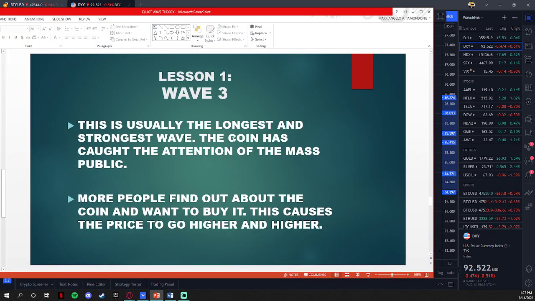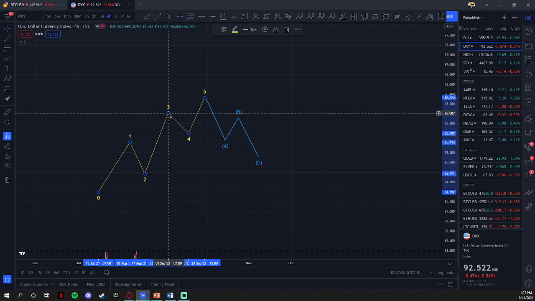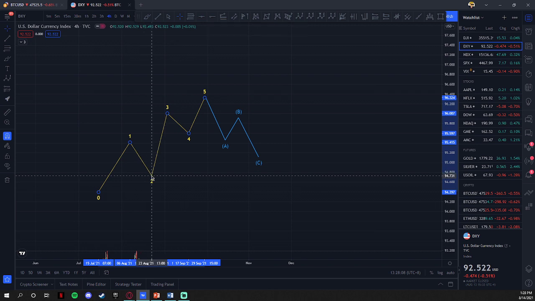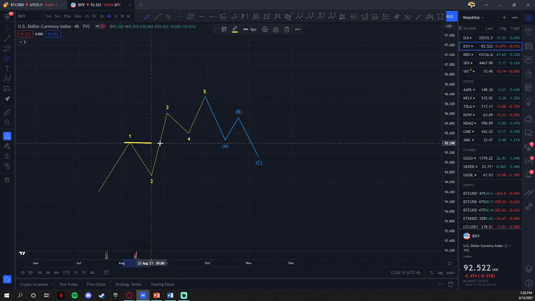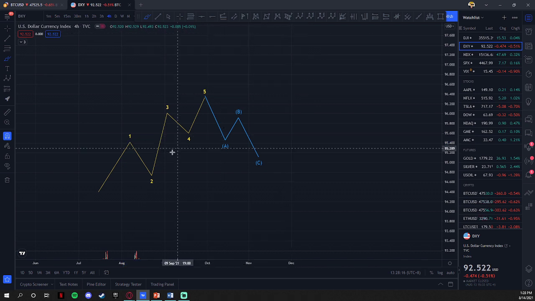The coin has got the attention of the mass public. So you get your initial move up, people take their profits and move down, and when it starts to consolidate, it starts to move back up. So people seeing that this one is being broken. Okay, this resistance is being broken right here, and it's starting to make a strong impulse wave, creating the wave